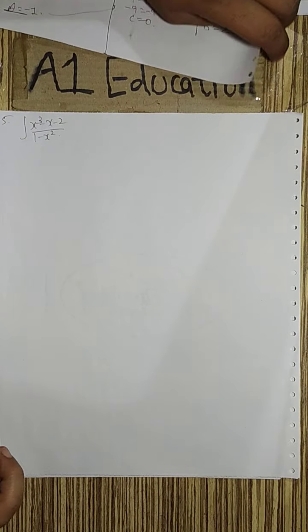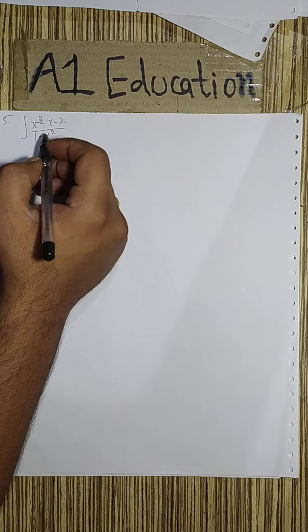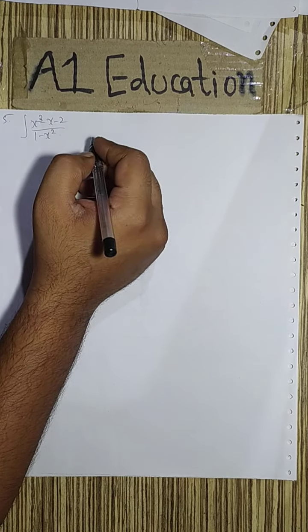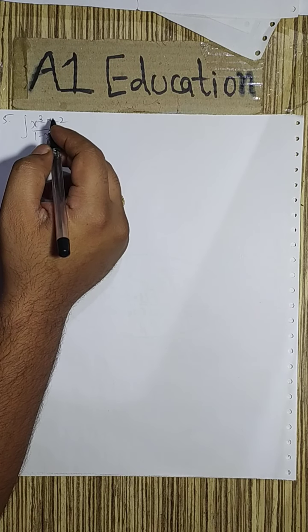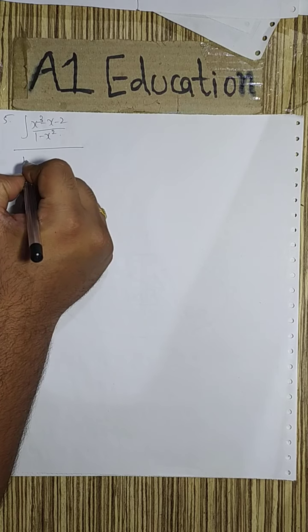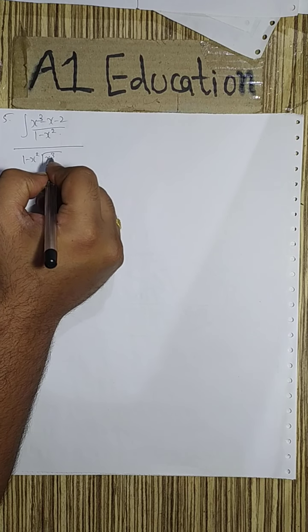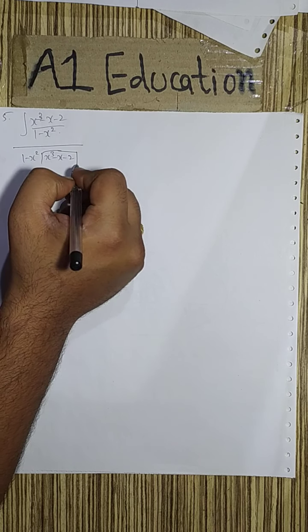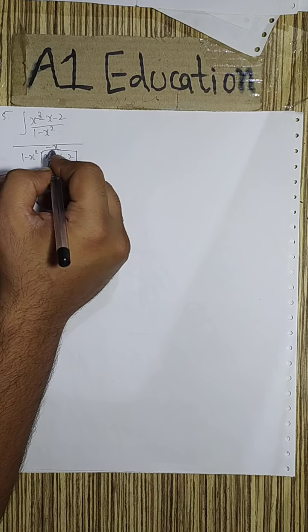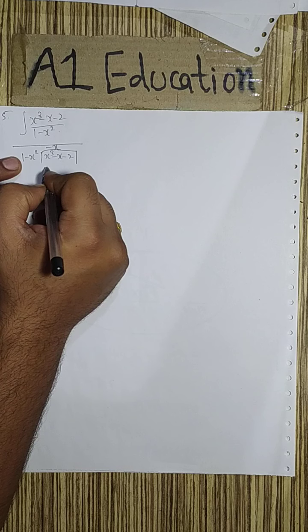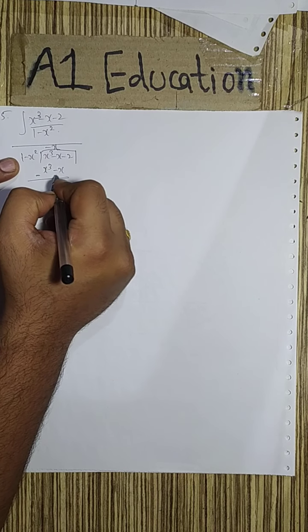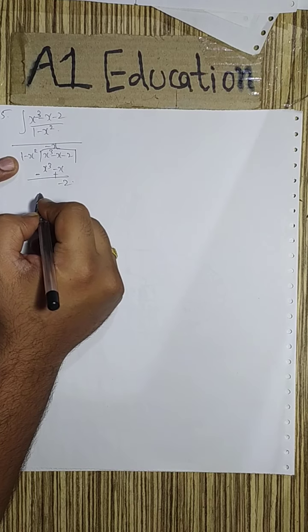Next sum that we take is this one. Here, if you see, the degree of the numerator is greater. So when the degree of the numerator is greater, you can perform the division and write in the prescribed form minus x. So minus x square into minus x will give x cube and this will give minus x. So this will make minus plus, remainder is minus 2.